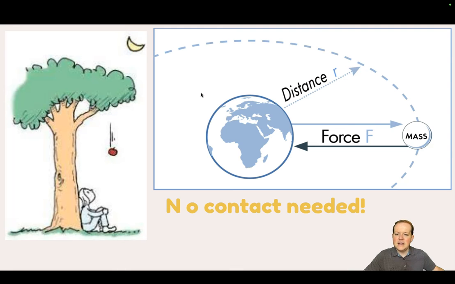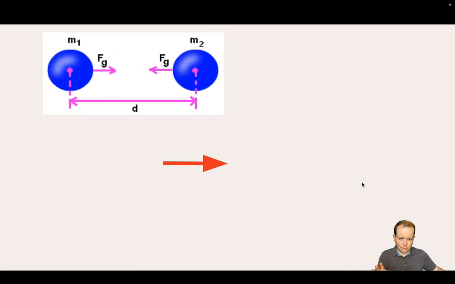Interesting, all right? Now, here's those same two diagrams, just again illustrating that even though the Earth isn't touching the apple or the Earth is not touching the moon, there is no contact required for those things. But getting to the heart of it, Isaac Newton found that there is this force we call the force of gravity. It is an attractive force, and it's based on objects with mass.